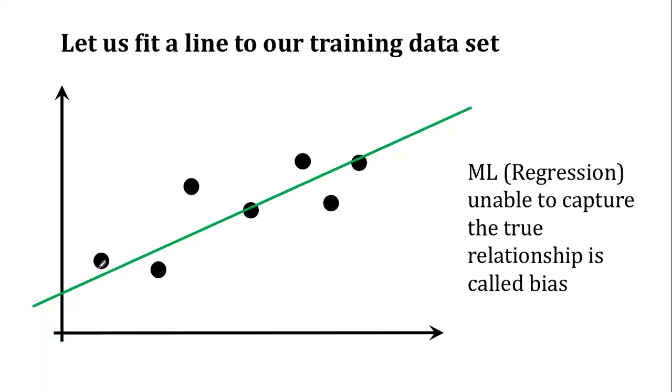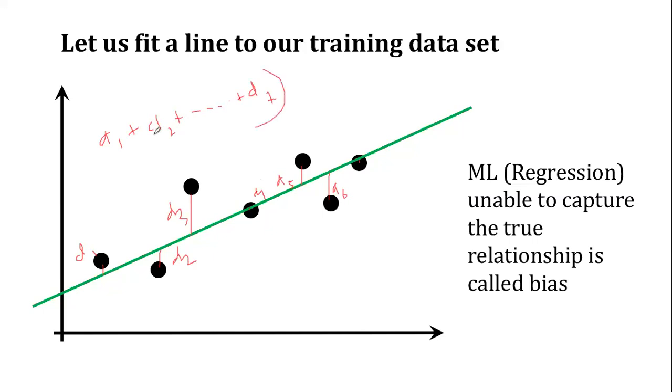So these are the distances, let's say D1, D2, D3, D4, D5, D6, D7. The total of all these distances, D1 plus D2 up to D7,